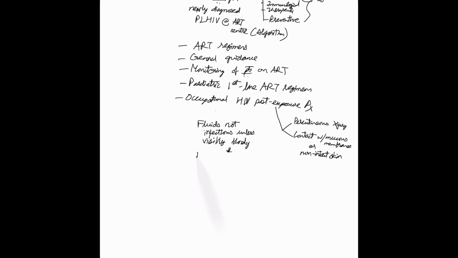So one thing you should know in these scenarios is that fluids are not infectious unless they are visibly bloody. So these are the following fluids that you can be a bit chill about, like feces, nasal secretions, saliva, sputum, sweat, tears, urine, and vomitus, plus a few treatment recommendations and preferred regimens to handle those situations. Then we also see the use of cotrimoxazole prophylaxis for HIV related infections, HIV and TB